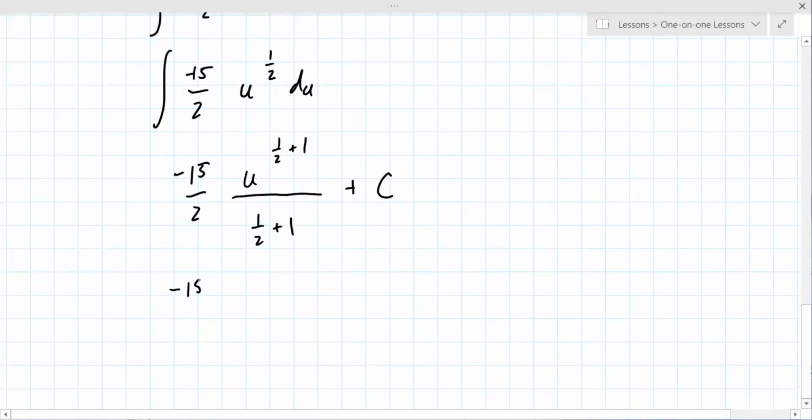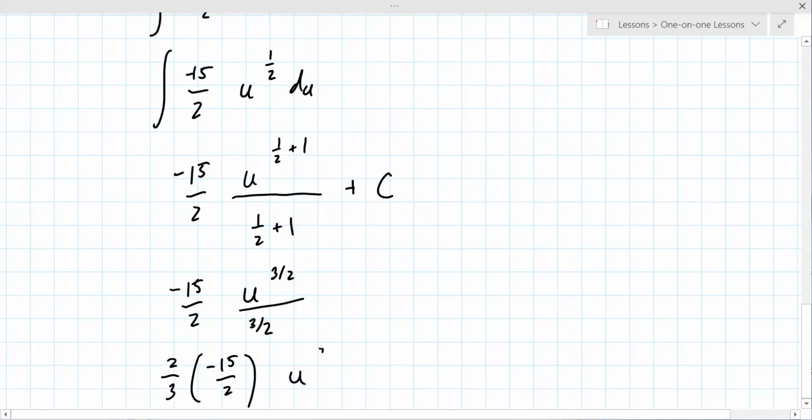So you have minus 15 halves u to the 3 halves over the 3 halves power. Whenever you have a fraction on the bottom, you multiply by the reciprocal. So if it's 3 halves here, that means it's 2/3 times minus 15 halves u to the 3 halves